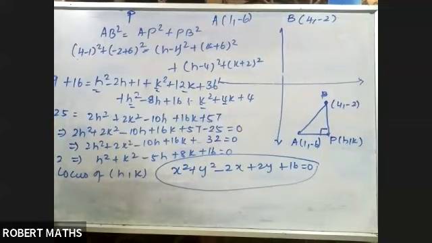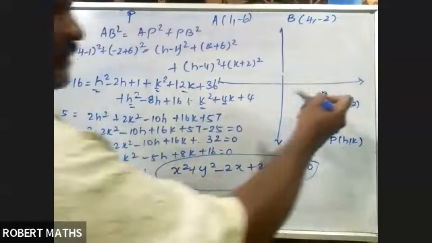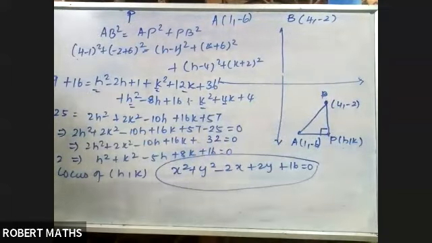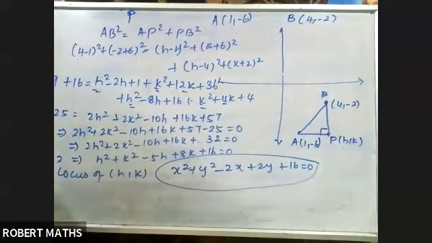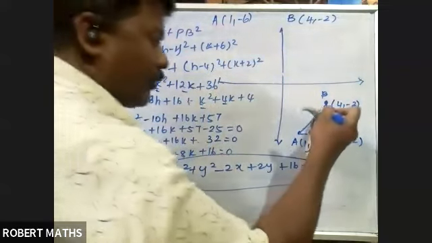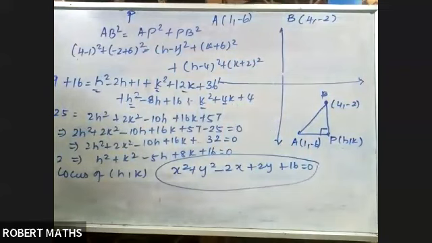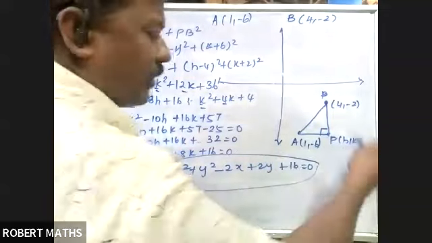See, it is given: two points. What should I find? I want to find the locus of the point P such that the line segment AB joining the points A of 1, minus 6 and B of 4, minus 2 subtends a right angle at P. That is, there are two points A and B, which I have plotted on the graph. There is a third, moving point P. When it joins these two points, it makes a right angle, so a right angle triangle is formed. Always remember that the moving point should be H, K. That is called the locus. I have taken the locus as H, K.